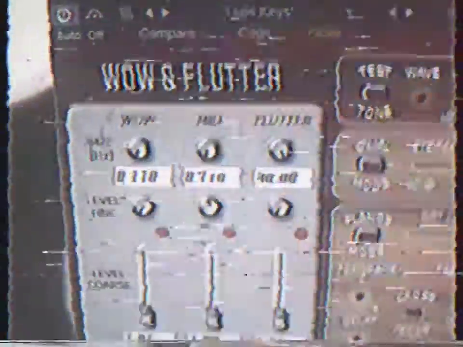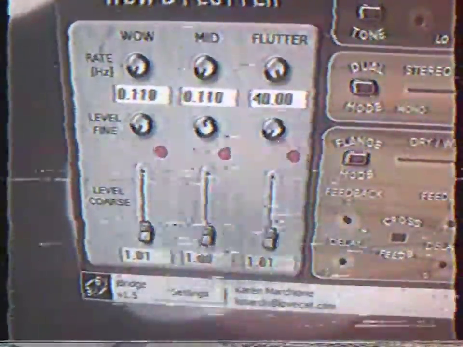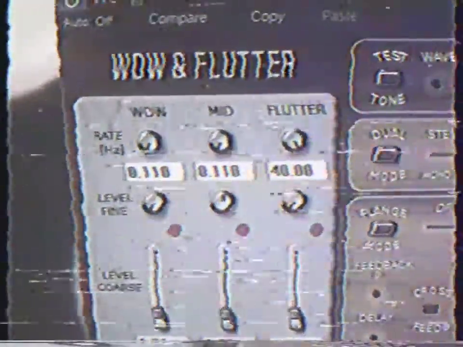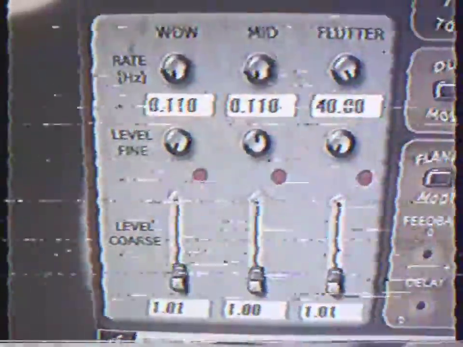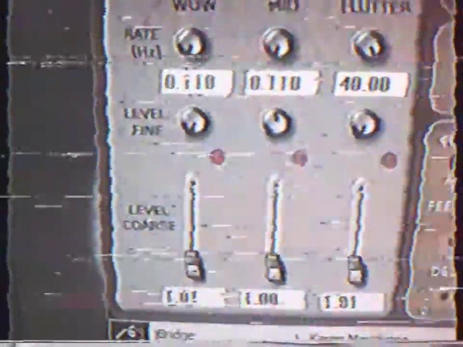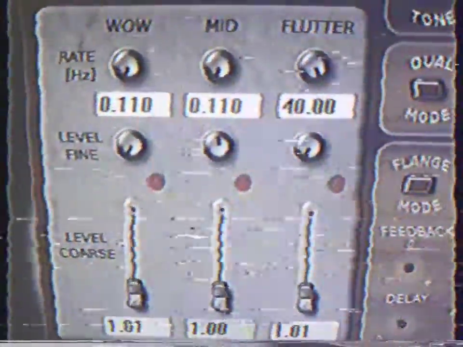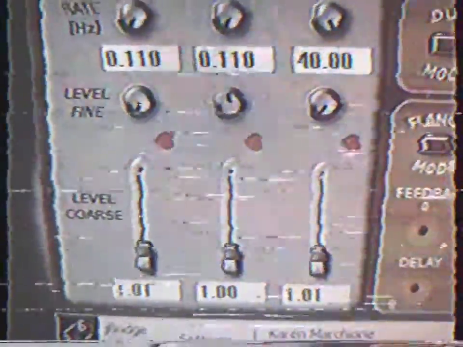But what you're going to want is this VST. It's free, just Google it. It's called Wow and Flutter. The way I have it set, I usually start with the worn out Walkman setting, and it's pretty much what I have here. If you look at the settings and the way I have them, I have the wow